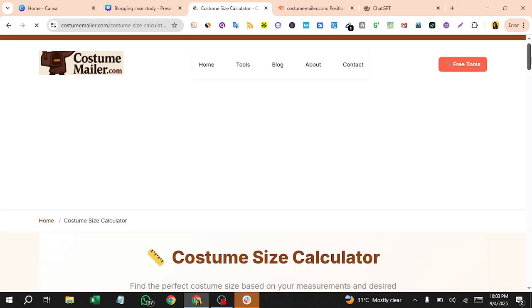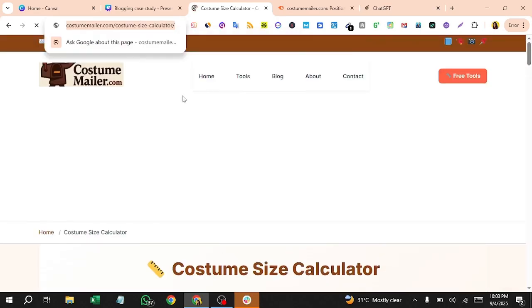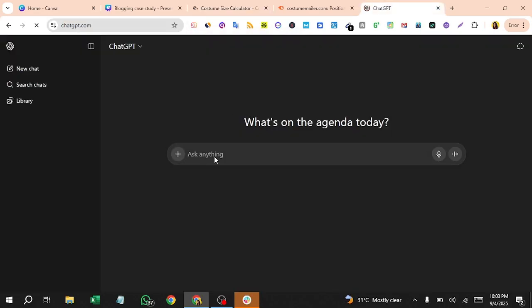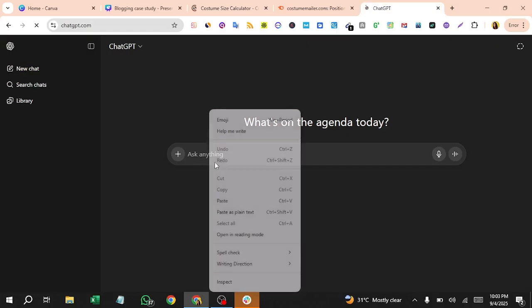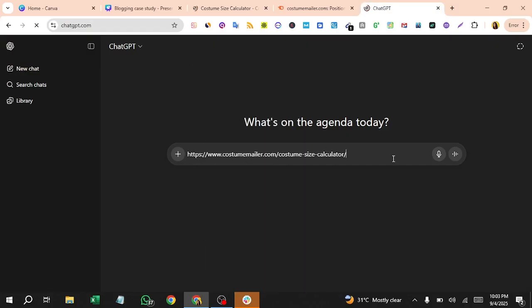You can also copy this page, come to ChatGPT, and ask ChatGPT to create this type of costume size calculator, giving you the HTML and CSS code so that you can check it.